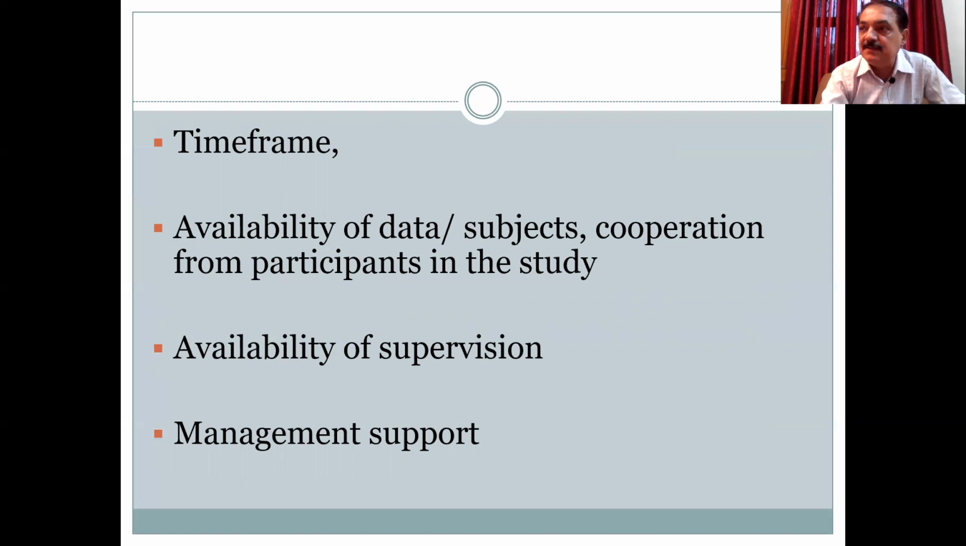Availability of data or subjects. Can you go for data collection? Do you have the subjects in that particular field? And will they cooperate? Can you get the cooperation from participants in this study? Then the availability of supervision. Do you have a supervisor who is an expert, who knows about that field, who can guide you? And then the management support, the administrative support,